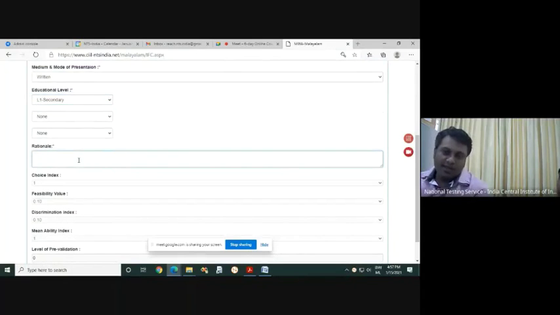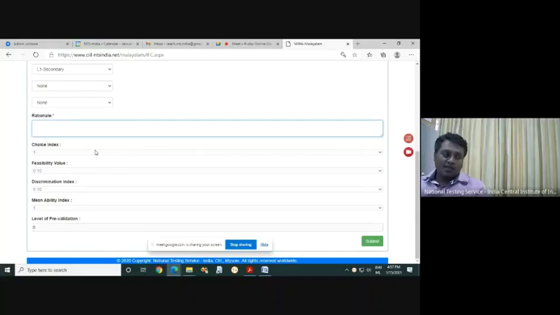Now rationale. So rationale is the same thing as the item writer's intention. Rationale is item writer intention, not undertaking. Intention is expressed. You should assure that yes, that particular skill is tested on a particular level, identification or production.